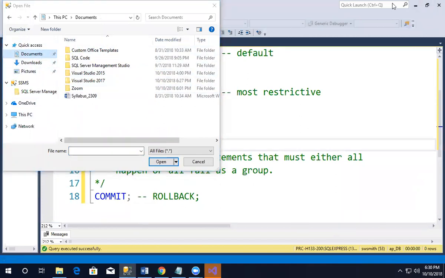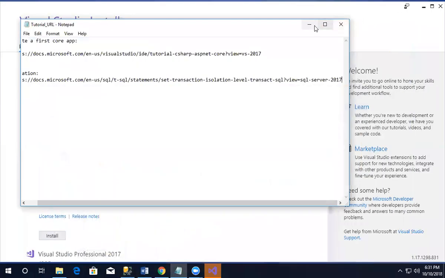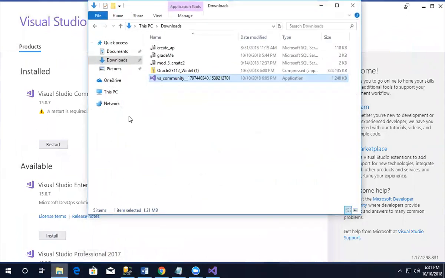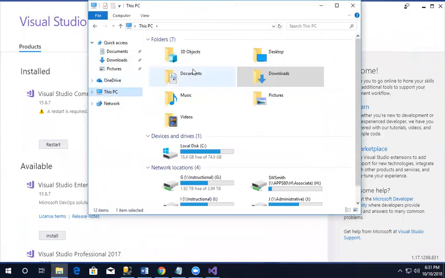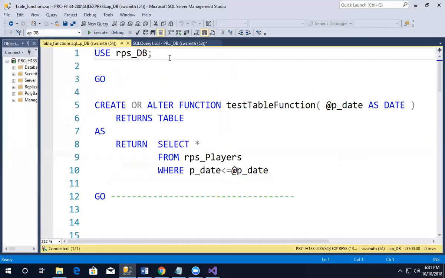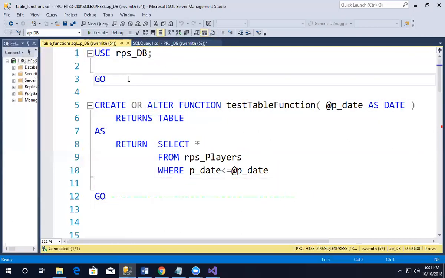Yeah, did I put that on the desktop? There it is. Okay, here's the first example. And again, I'll give you copies of these. As usual,